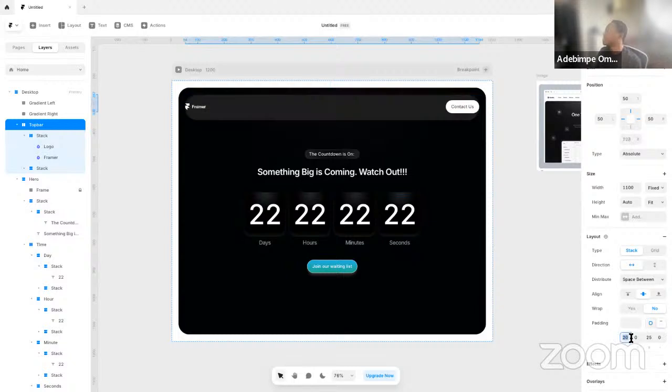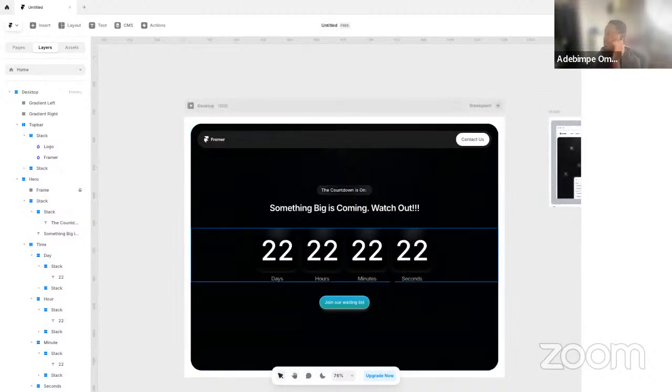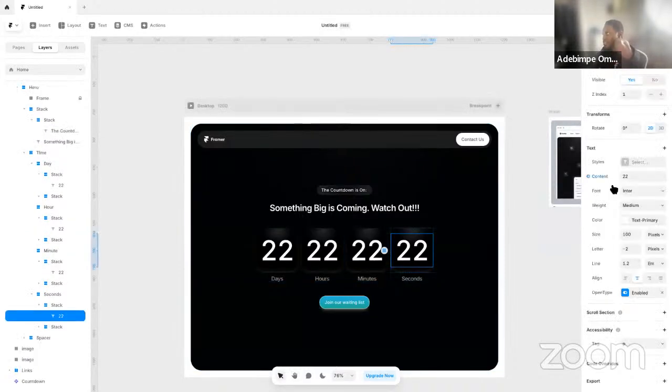The padding here now, so I should have 25, no, 0, 8, right, 8, then left 25, then bottom 8. Yeah. So now for this case here, right, what we can now do is we can now start adding the